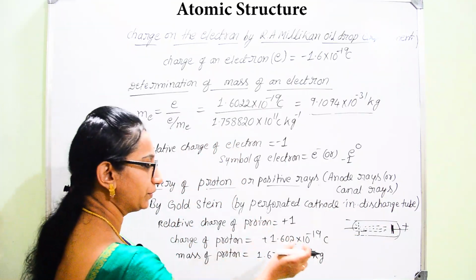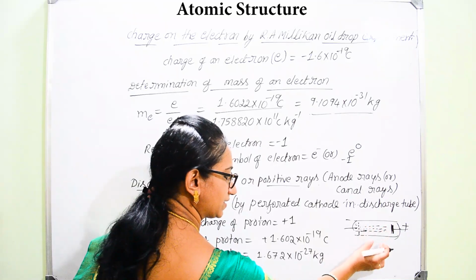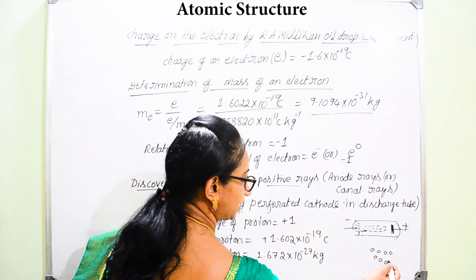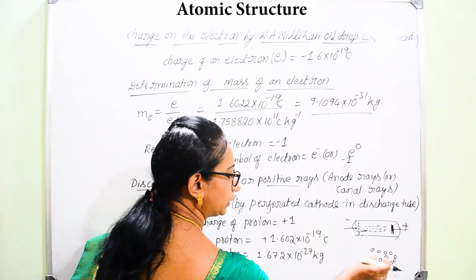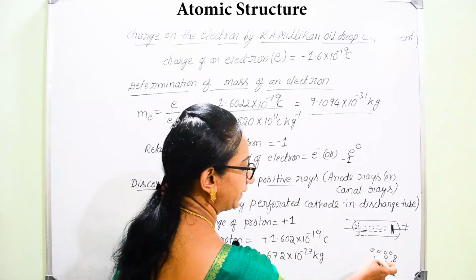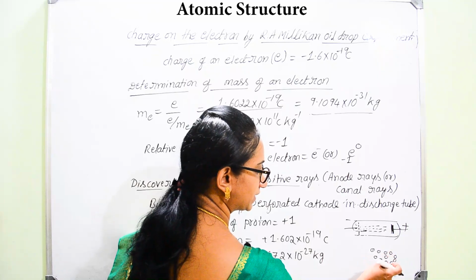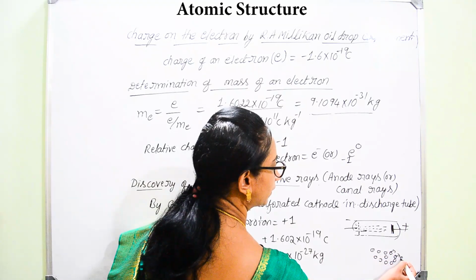So how are we going to get the formation of anode rays? Here there will be filling of gaseous molecules. These gaseous molecules, under high voltage, will collide with one another, and even get hit by the cathode rays. During this collision between the gaseous molecules, they will become more energetic and help in the removal of electrons.